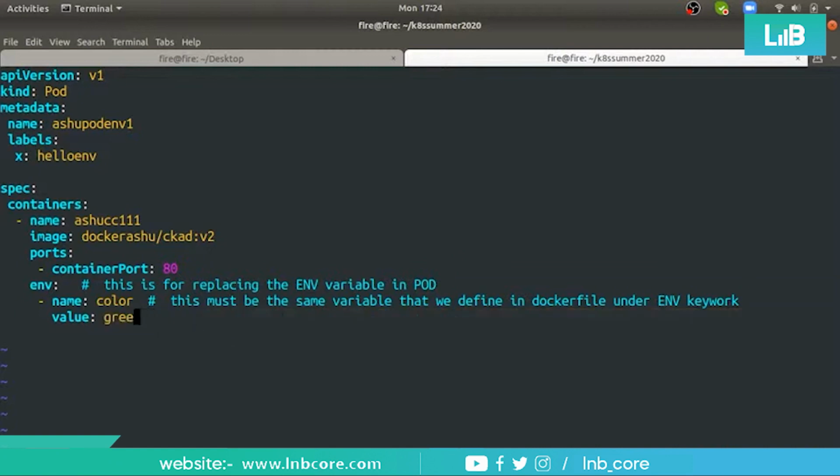So if you want yellow color or blue color, let's say yellow, write this value. This is the replaced value. Right? Fine?